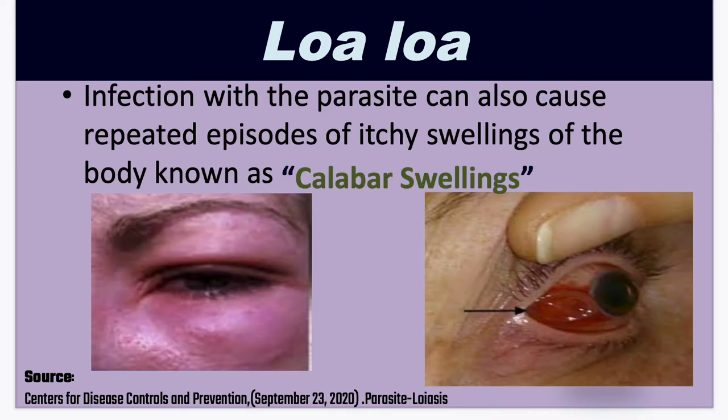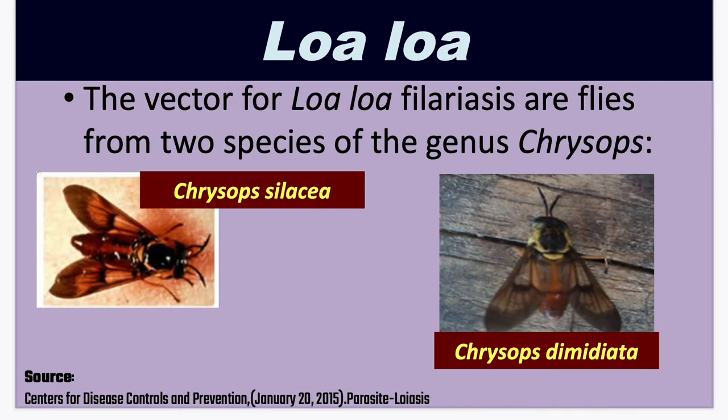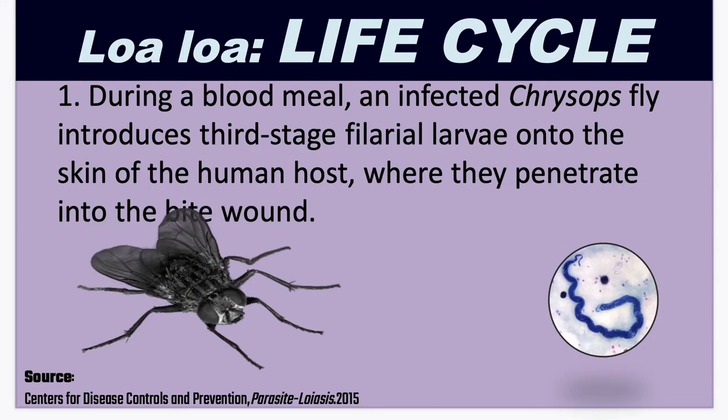So if you are infected with this parasite, it causes repeated episodes of itchy swellings of the body known as Calabar swellings. The vectors for Loa Loa filariasis are flies from two species of the genus Chrysops, Chrysops silacea and Chrysops dimidiata. So for the life cycle, during a blood meal, an infected Chrysops fly introduces the